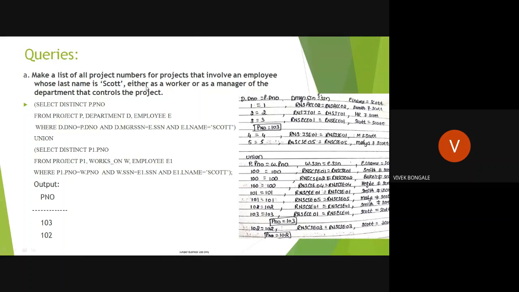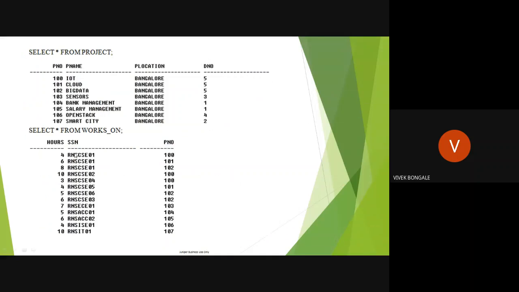Next is what? Again, we have to find out the list of project numbers in which Scott has worked as a worker. Now we do not need the manager SSN, right? We have an SSN in the works on table. If you compare the works on table with the employee table, we can easily find out the project number and SSN.